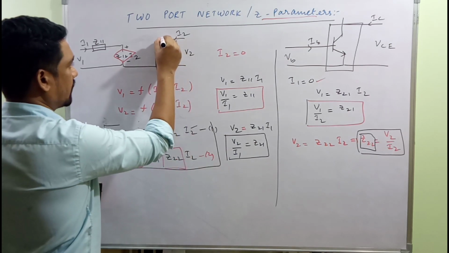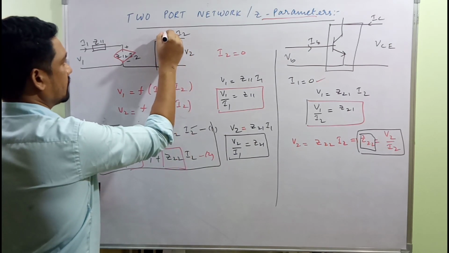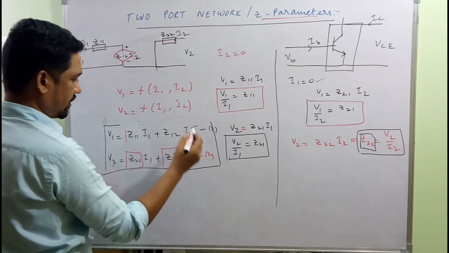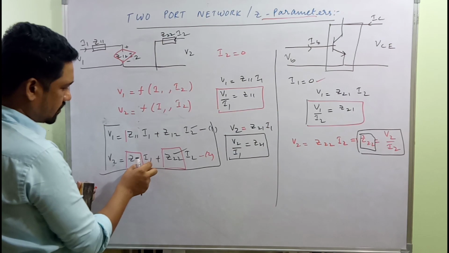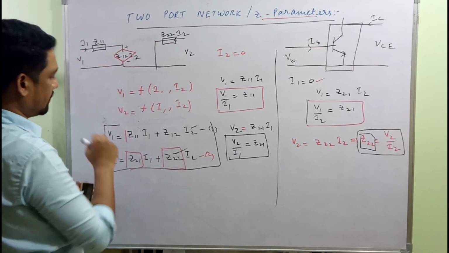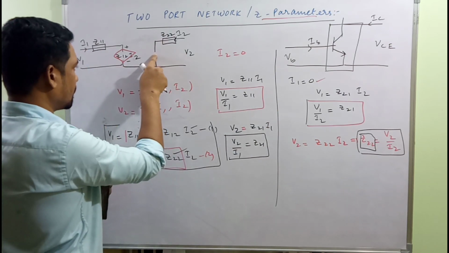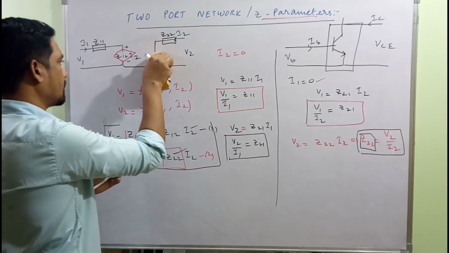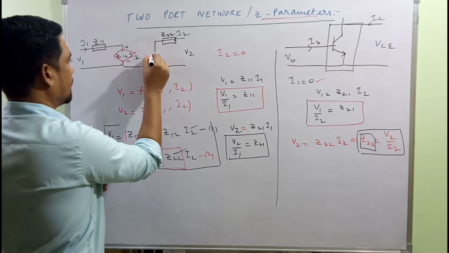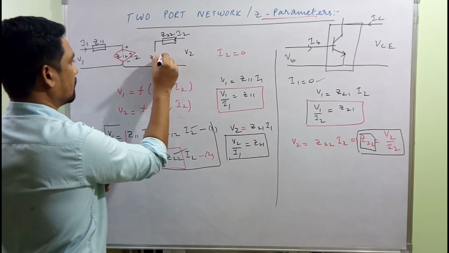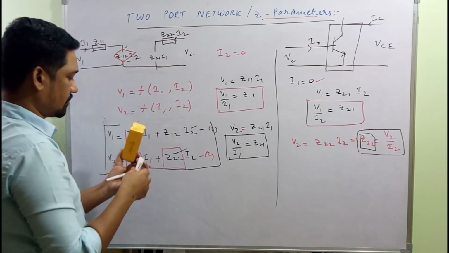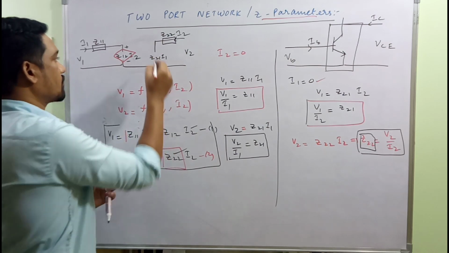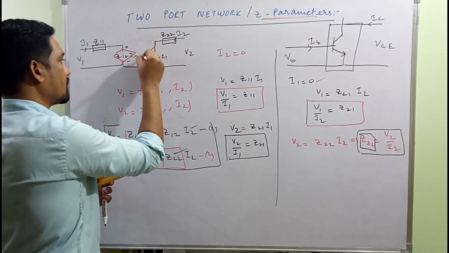Now this case, this drop is simply Z22. Okay, this one we are done with. So what about this one? This is also a drop, but it depends upon I1, which is over this side. Once again, this is also a drop, which is Z21 I1, a drop which depends upon I1. So now this is also a dependent source, and so this is the